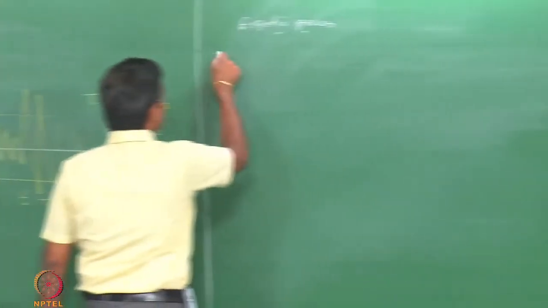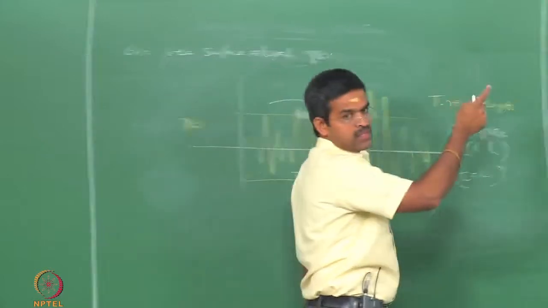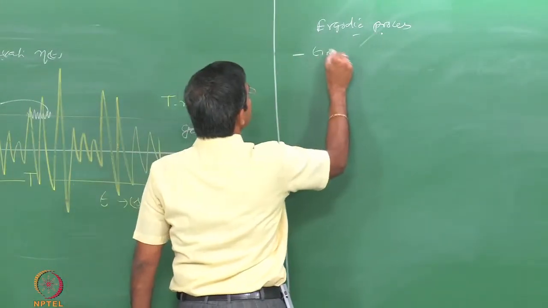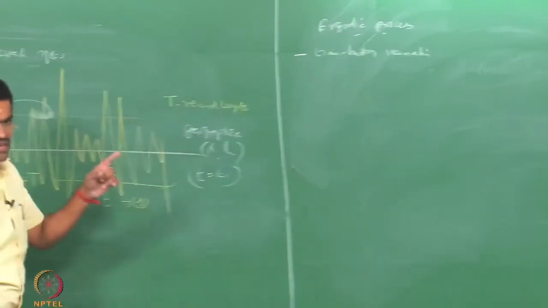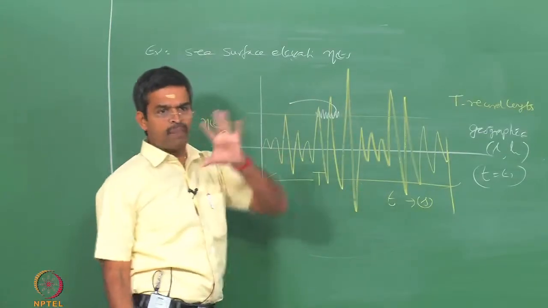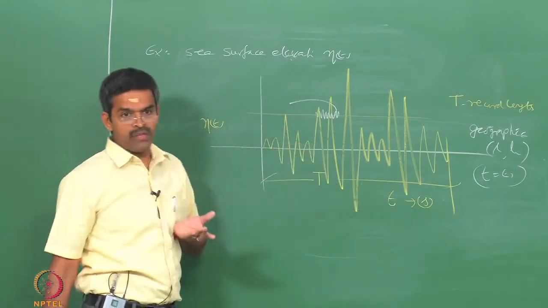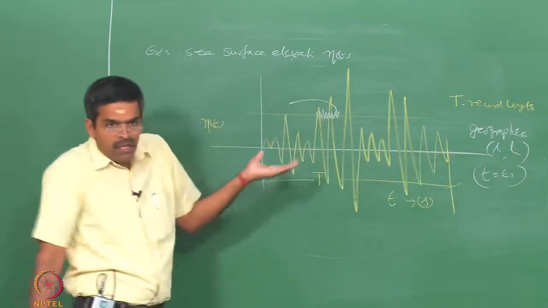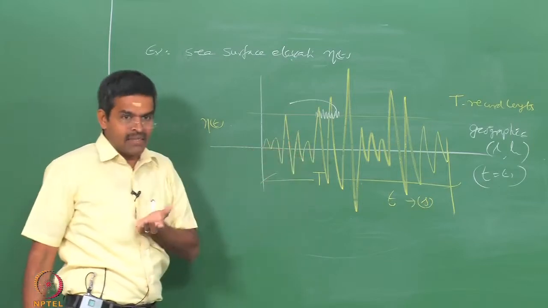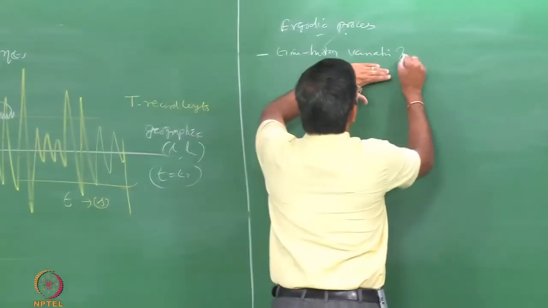So, first let us understand, if I convert or assume or idealize this scheme into an ergodic process, the major advantage is the time history variation. Please understand, this variation of the sea surface elevation in terms of amplitude is only on time scale. Okay. I am not looking at the other scale. What could be the other scale? Other scale could be location, can be period, rainfall, maybe other parameters also there. I am not looking at all of them in the parallel axis. I am looking only one axis where only variation with time. So, I am looking at the time history variation of the variable